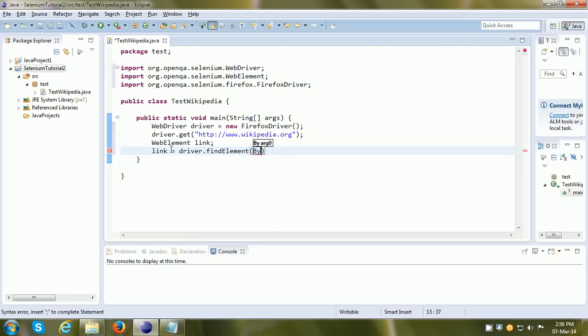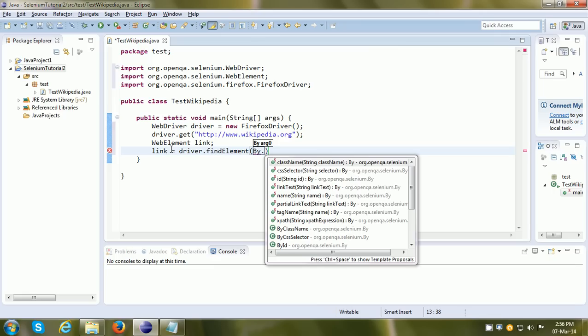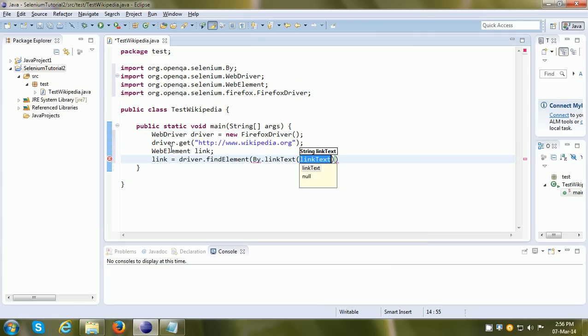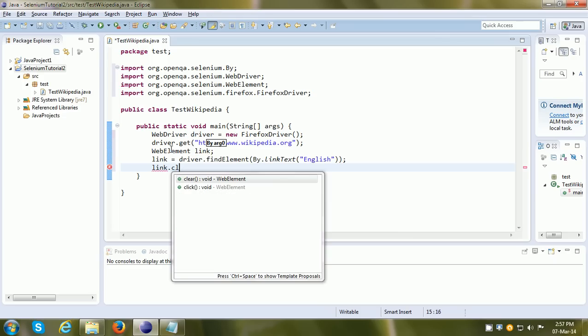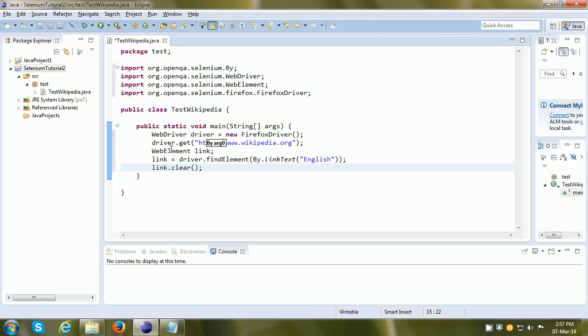So I give find element, and there are several ways to find the element, but we have to use the By method. So I'm going to use By.linkText, because I know that the text is always going to contain English, and this is where I want to go. So I get a reference to the link. Now what I want to do is click on that link so that it takes me to the English website. So link dot click method. I want to click on that link,